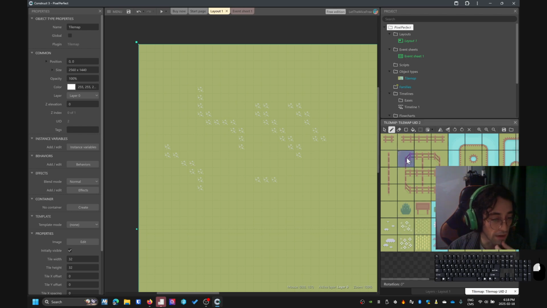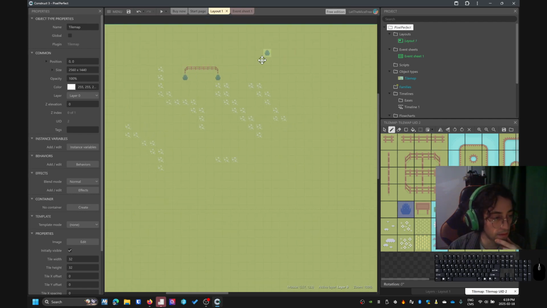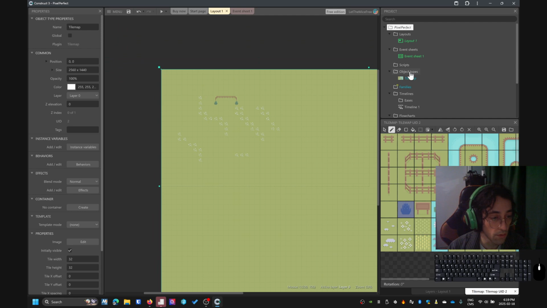So that's what I want to show you, how to improve that so that it doesn't stay in the top left and we can also use it. So I'm just going to make a little decoration here for fun. And then I'm going to go in the objects and add